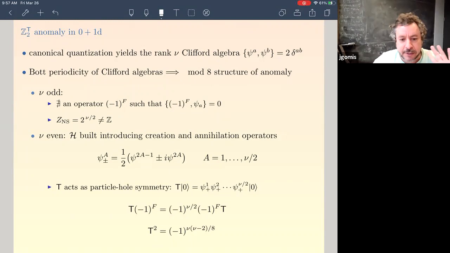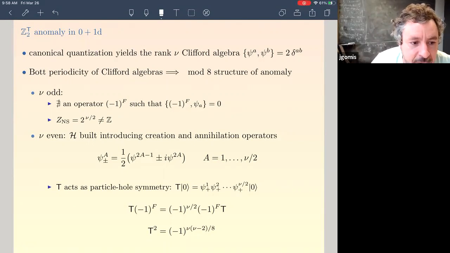So let me just give you one particular example, and then I'll probably move on. Let's consider the case of nu odd. Let me say more concretely what I mean by this. For nu odd, there is no operator (-1)^f that anti-commutes with the fermions. And that's just a trivial fact that follows from odd-dimensional Clifford algebra. So that means that there is no graded Hilbert space. Another way of saying that there is something odd, strange,